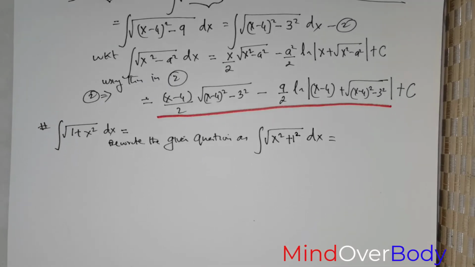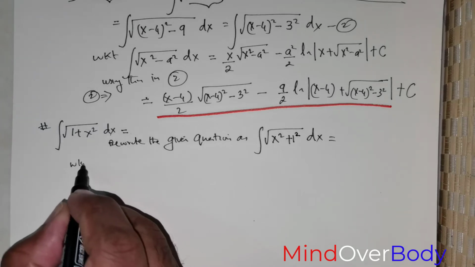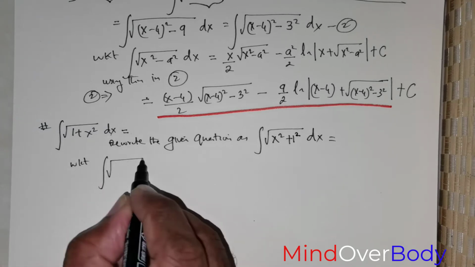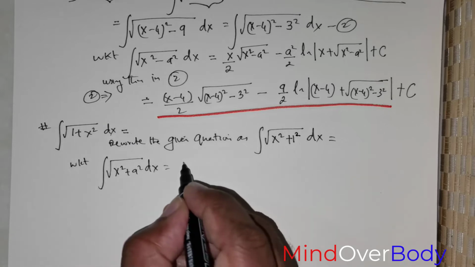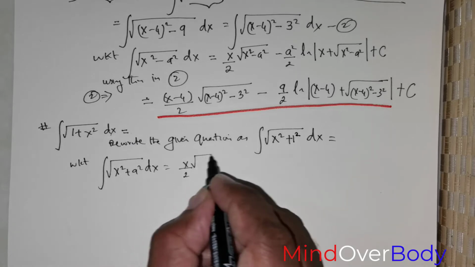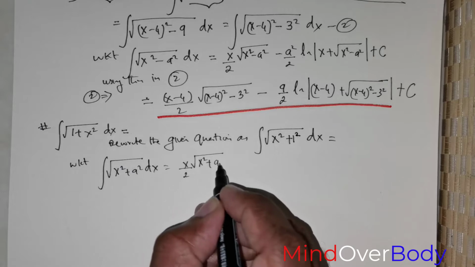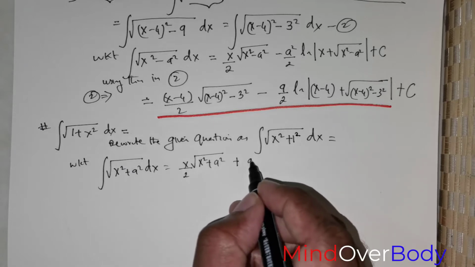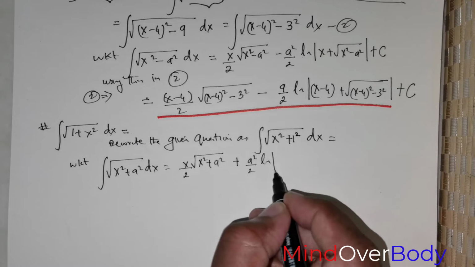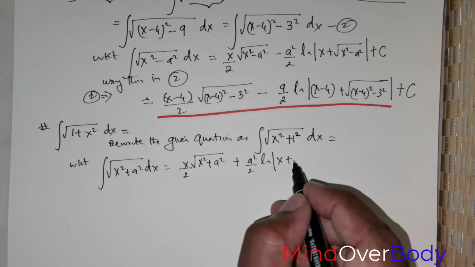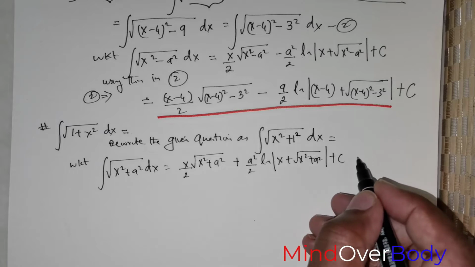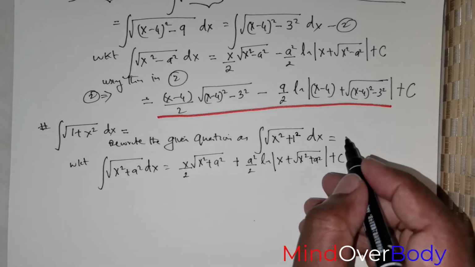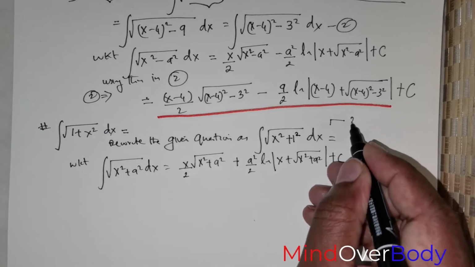Now this is similar to, we know that the integral of root of x squared plus a squared times dx is equal to x over 2 times root of x squared plus a squared, plus a squared over 2 times ln of modulus of x plus root of x squared plus a squared, plus C. So this is the formula. Now if I were to take this as 2,